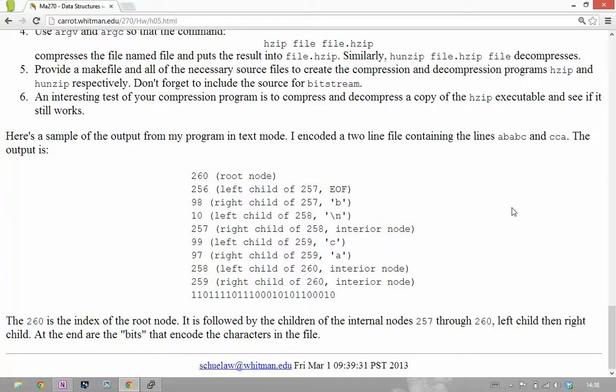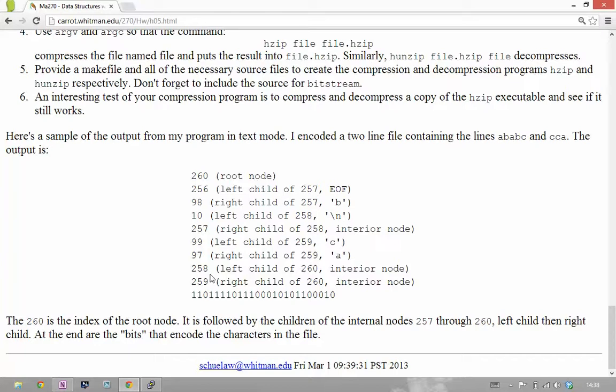So that means there's going to be a node at 257, 258, 259, and 260. What do I have to do to build the tree? I need the left and right children of each of those nodes, and that's what follows. So the left child of node 257 is 256, then 98, then 10, then 257, 99, 97, 258, 259, and I'm done. And I'll show you how I can build the tree out of that